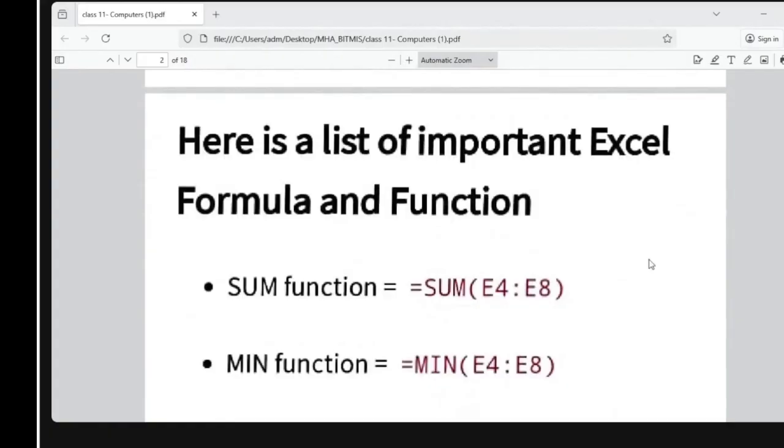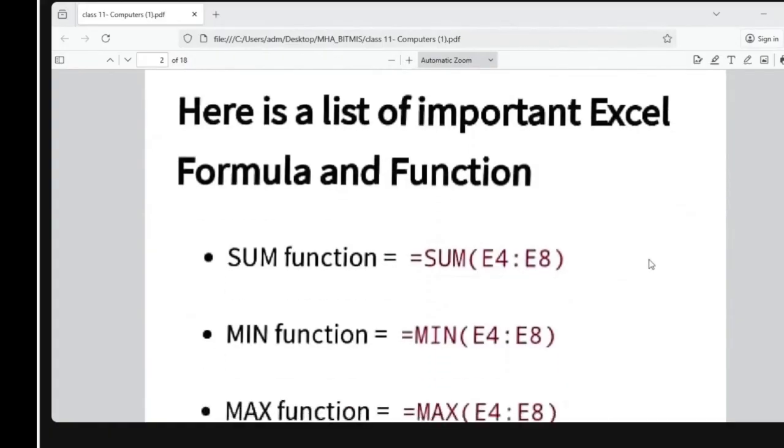Here is a list of important Excel formulas and functions. How will you write a function if you want the sum of a range? A range is given like E4 to E8. These are the cell addresses and we have to sum this range. So I will write equal to, and the equal sign is mandatory while writing Excel formulas.